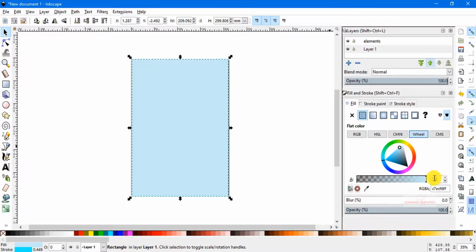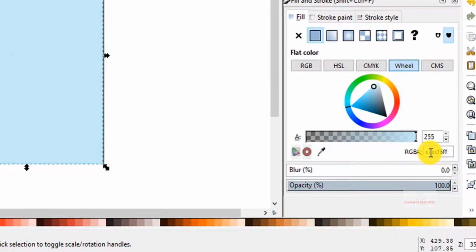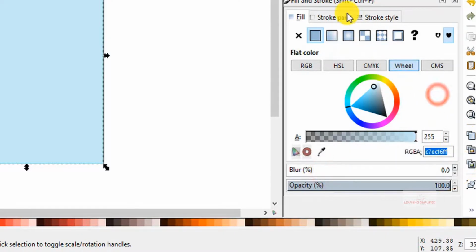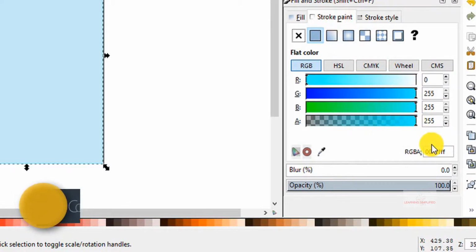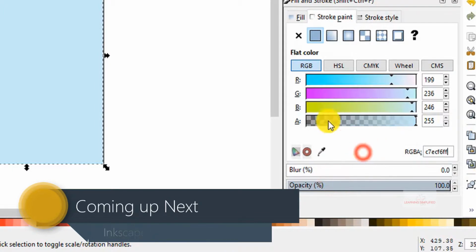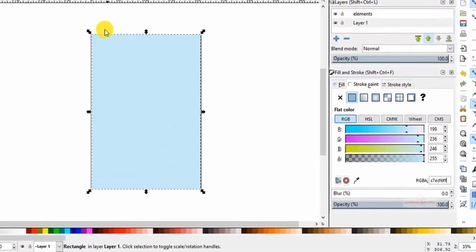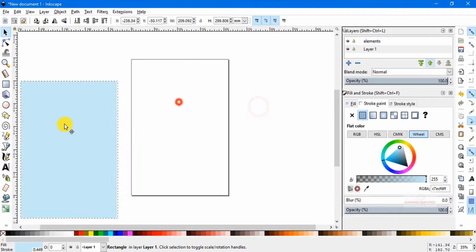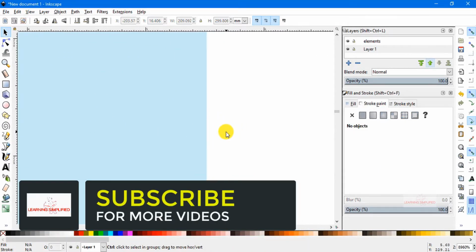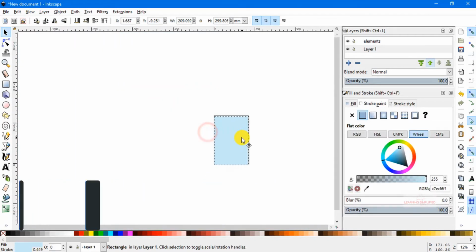Another thing, we can see that in this bottom part there goes the RGBA value. So if we just copy this value, head back to the stroke paint, and paste this code right over here, then we can see that the exact same color will be applied as the stroke color of this entire rectangle box. See here, let me zoom in and we can see that the exact same thing happens here. As I said, the stroke color and fill color, both the colors are right now the same.